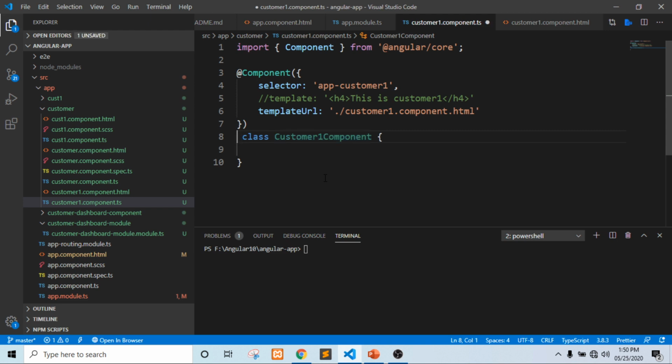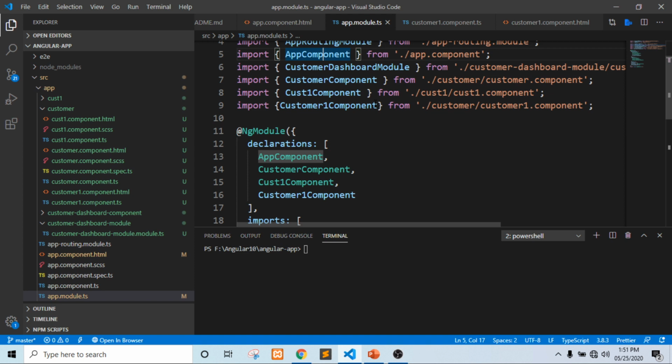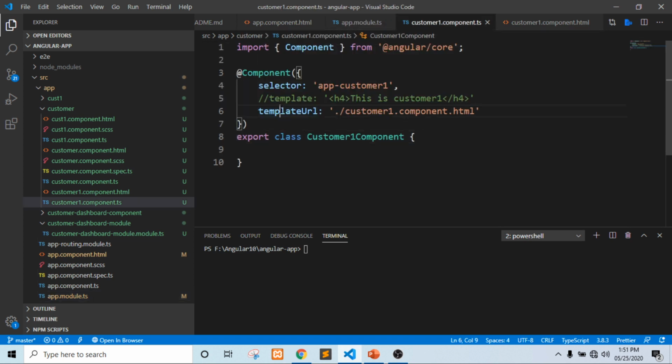So we need to put the export keyword here. Once we put export here, this customer one component is going to be available in app module. Now that error is fixed. So if we need to create any new component, first we create a simple TypeScript file, which we have created, and then we need an HTML file.